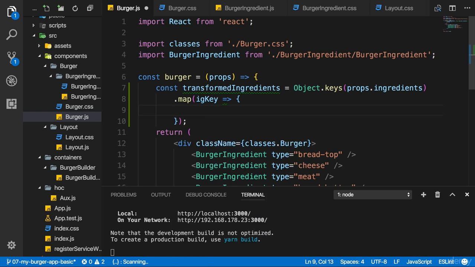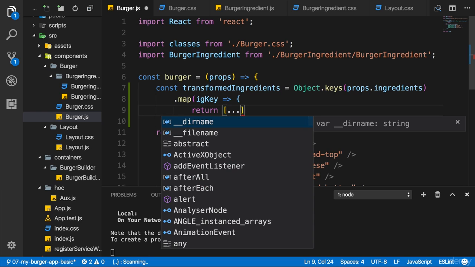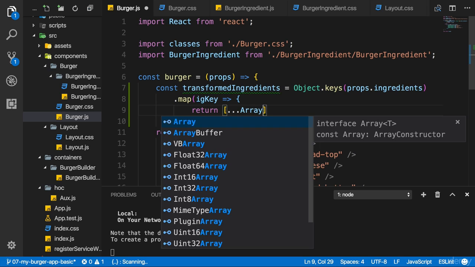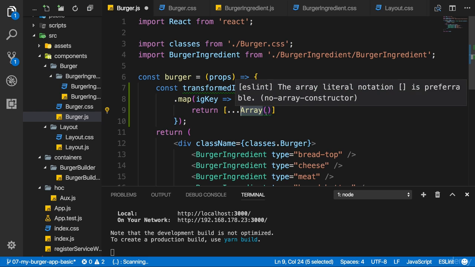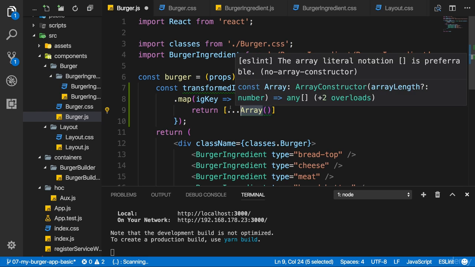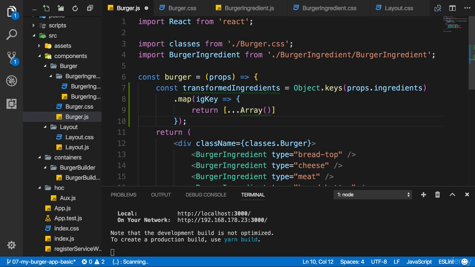So I will return an array here, and I will actually use the spread operator to spread a new array I have to construct, and I will construct it with the Array method here provided by JavaScript again. That's not a React method or a React object. It's a default JavaScript object. You might not know it because you don't use it that often, but you can create